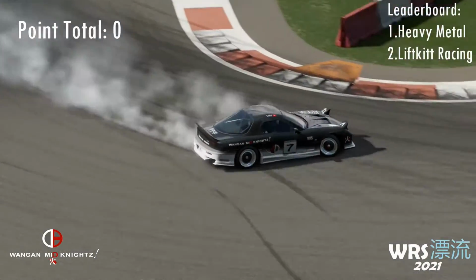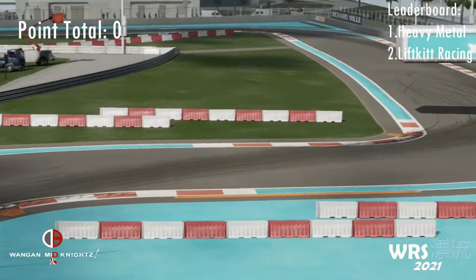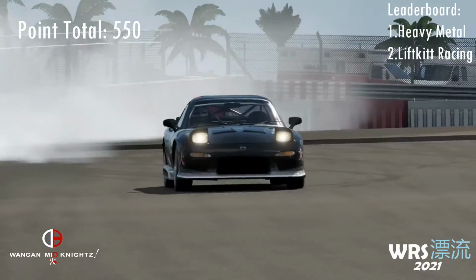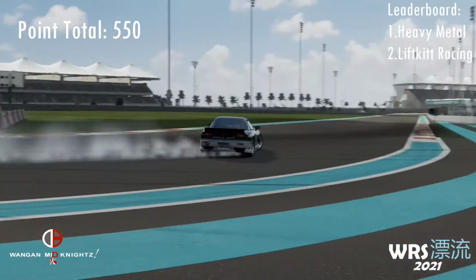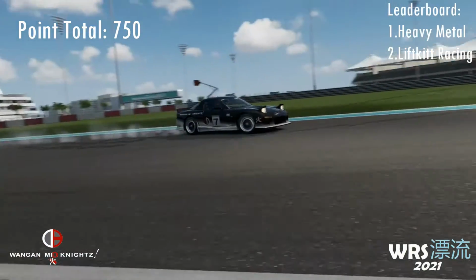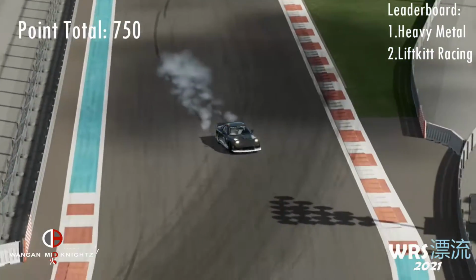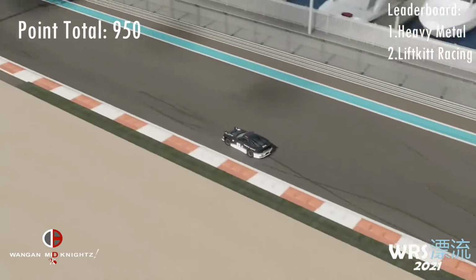Okay, into the first turn, real smooth, keeps going. Not a strong exit, but good form throughout. 550 points for that. Solid drift, but a little off track. 200 points for that one. A few slaloms out there leading into the high-speed turn, not bad. 200 points total. A little sloppy, I'll add,